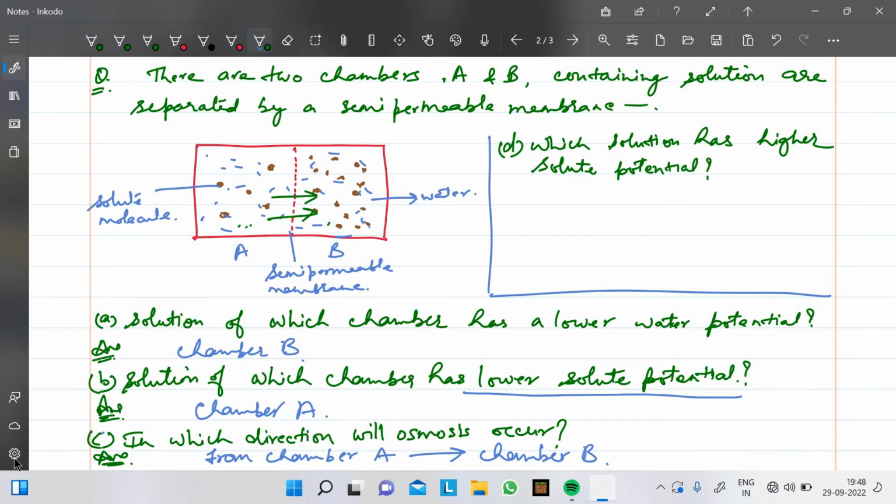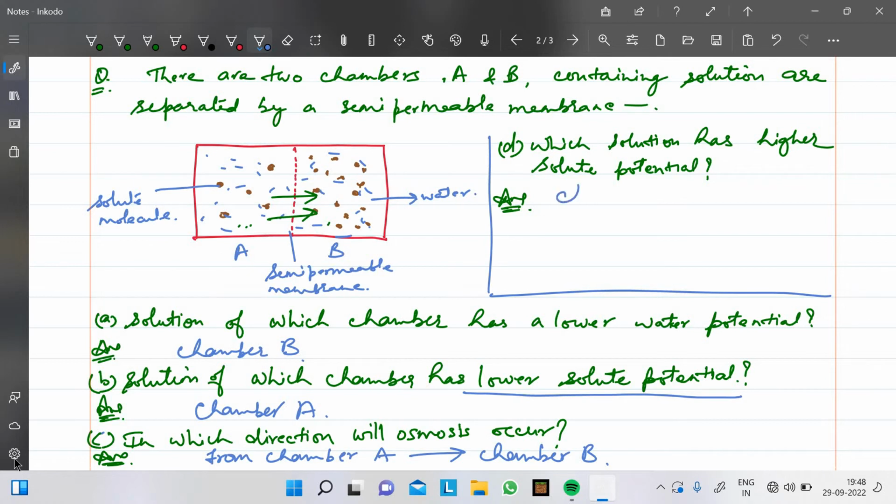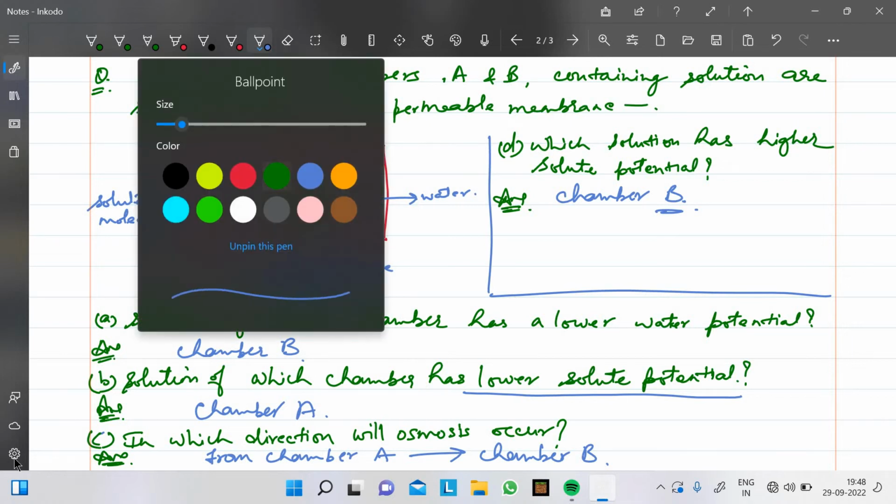अब भी डिस्कस किया हमने लोअर सोल्यूट पोटेंशियल किसका था? चैम्बर ए का. सो हायर सोल्यूट पोटेंशियल किसका हो जाएगा? चैम्बर बी का. आई थिंक इट विल बी क्लियर टू यू ऑल कि चैम्बर बी का सोल्यूट पोटेंशियल क्यों ज्यादा है? क्योंकि यहाँ पर सोल्यूट की कंसंट्रेशन ज्यादा है. ओके. एंड लास्ट क्वेश्चन इन दिस सेक्शन इज,